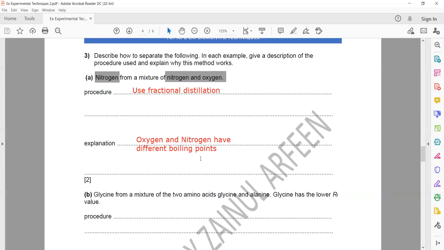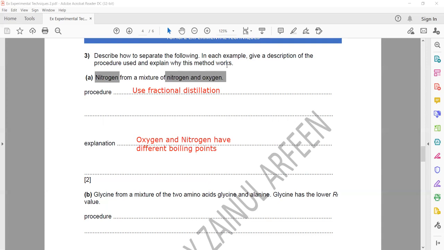by using fractional distillation. Because fractional distillation is based on the technique that if two or more miscible substances are there, they have different boiling points. The one which has a lower boiling point will rise first, and the one which has a higher boiling point will rise second. Is it clear